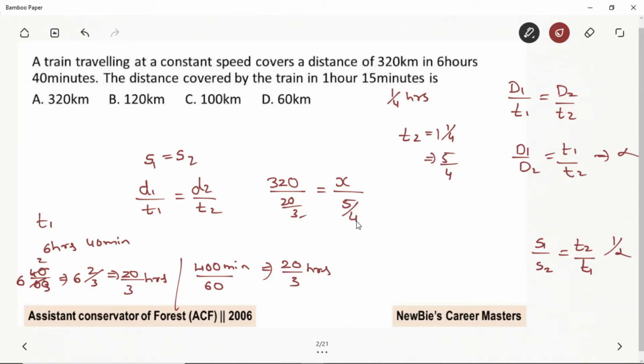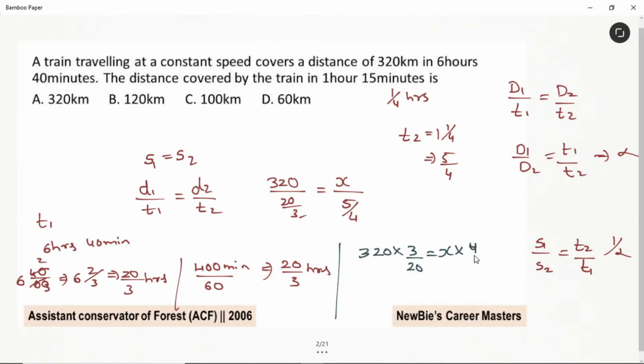Yeah. Now calculate it. Just find the X, you will get the answer. Am I clear? See, if you're weak in calculation, just take your time as of now. Okay. See, 320 and this value will become 3 by 20. Yes. Then X into 4 by 5. Okay, now this is 5 1s are 5, 5 4s are 20, and 4 1s are 4, 80s are 1s are 20. Yeah, the next should be this 20 into 3, that is 60 kilometer. 60 kilometer is the second distance. Am I clear with the question?